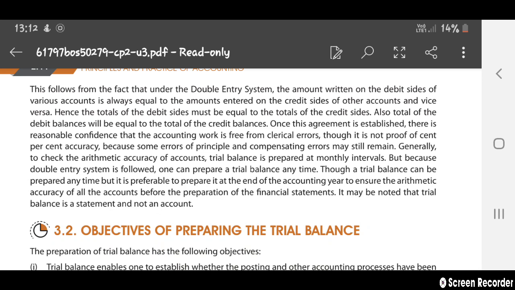At monthly intervals we prepare the trial balance to check the accuracy of the accounts. Because the double entry system is followed, one can prepare a trial balance anytime, whenever you want. Though it can be prepared anytime, it is preferable to prepare it at the end of the accounting year. You should not prepare